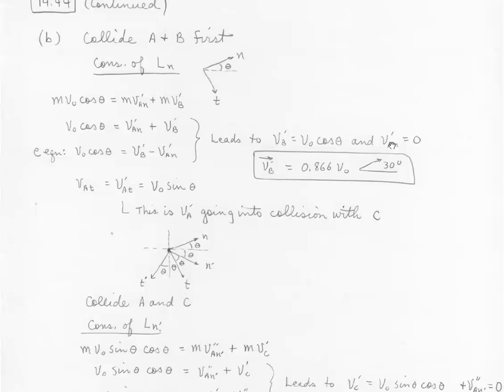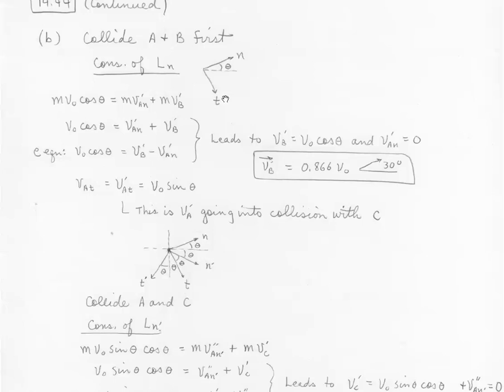And this makes sense. It's like the pool ball collision, where two pool balls of equal mass collide head on. One stops and the other takes off with the velocity the first one had. So this is the velocity that A had in the normal direction, and B is going to pick it up. When you plug in the numbers, you get 0.866 V naught, and B, of course, is at the 30-degree angle. Now, VA tangential is going to be V naught sine theta, and VA tangential prime afterwards is going to